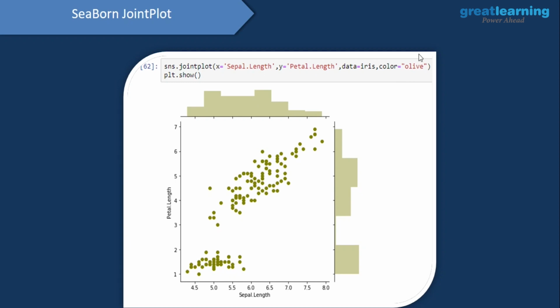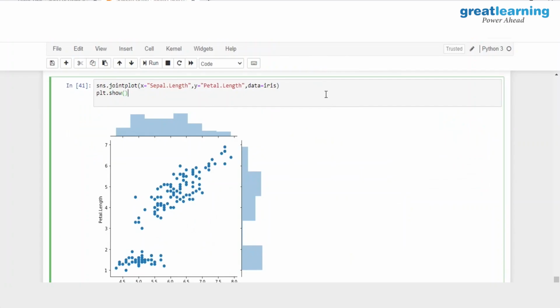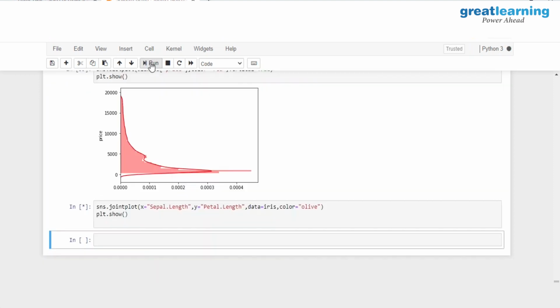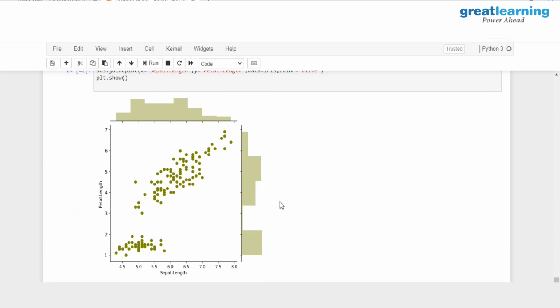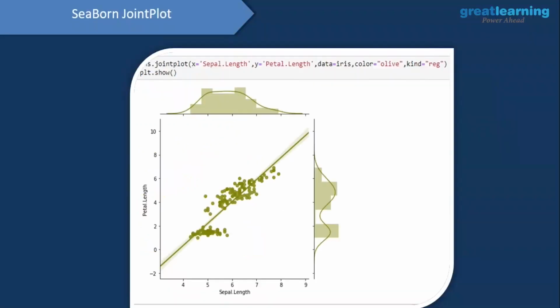And if I like the olive color, that is what I'll be going ahead and mapping onto this attribute. I'll add this color attribute, and I'll have olive. And as you guys see, I have mapped the olive color for this joint plot.